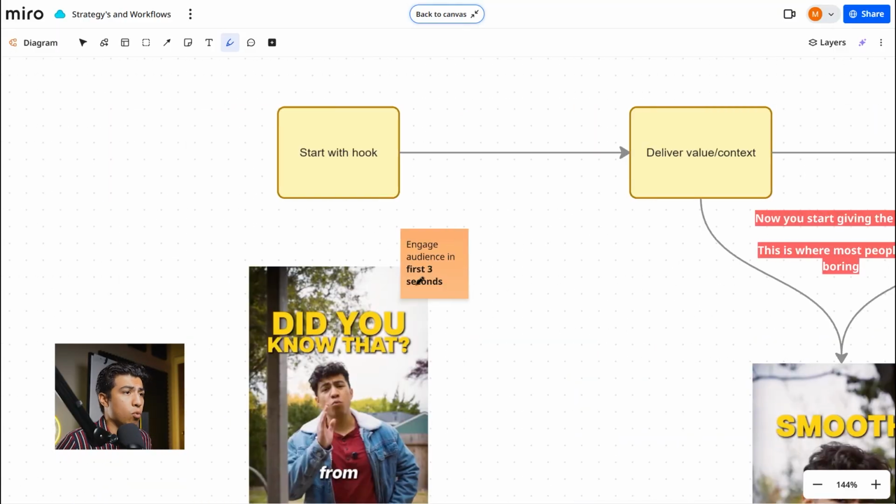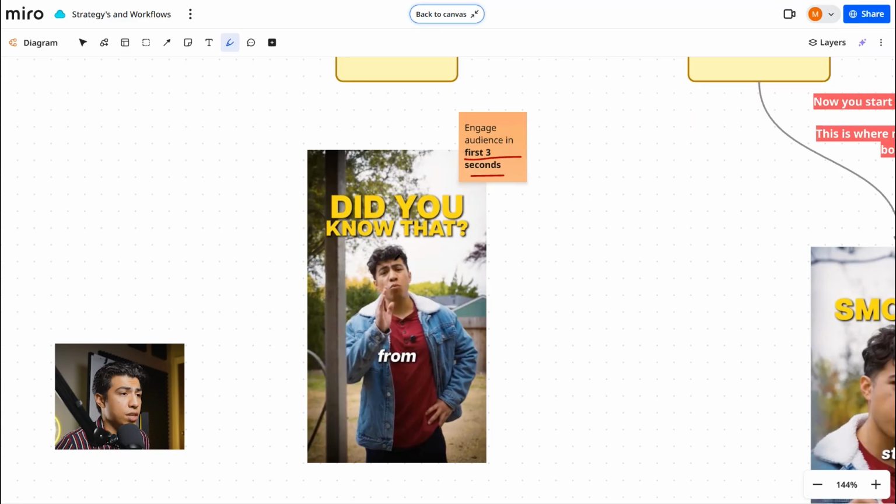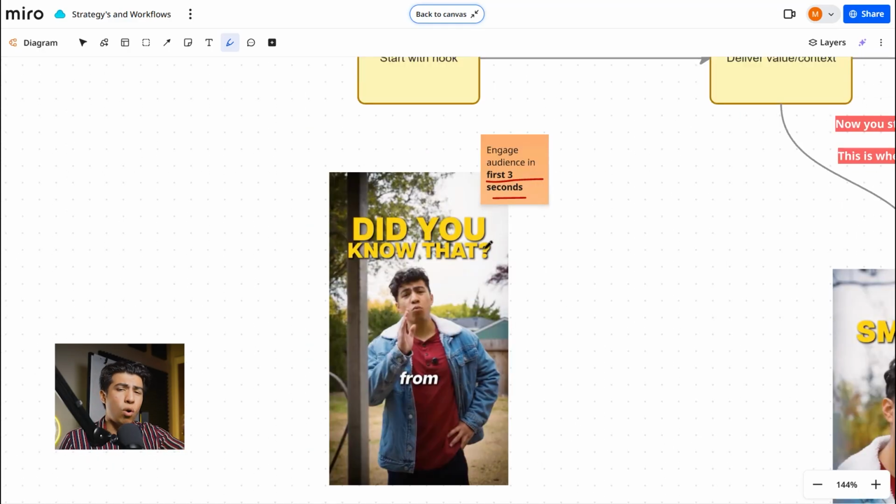What we first saw was that I started off with the hook. So that was the first 1 to 3 seconds of the video. I engaged people right off the bat by walking into frame and looking at the camera, talking. I had the big bold text right there, and I had some added depth by including that rail right in front of the camera, just to add in some more layers to the video.